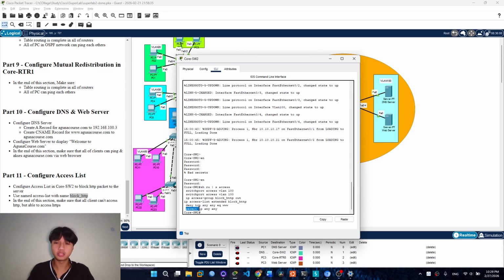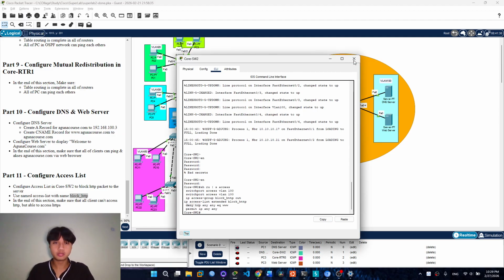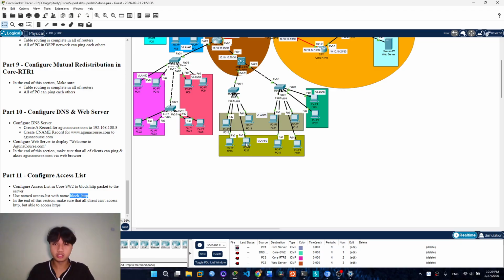The second statement is permit ip any, which means all clients can ping or reach this server. So let's test the configuration.